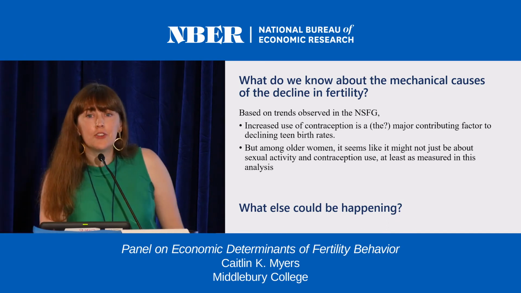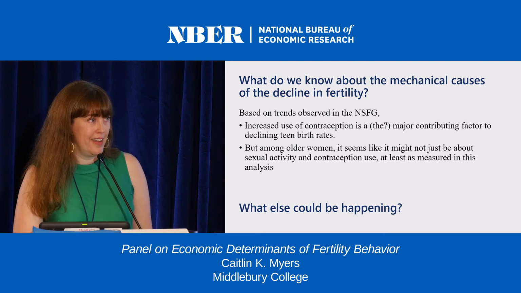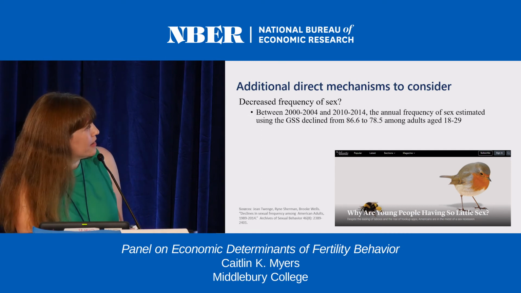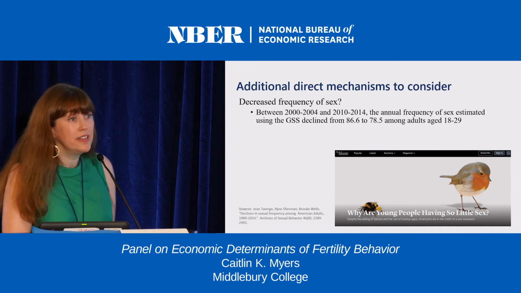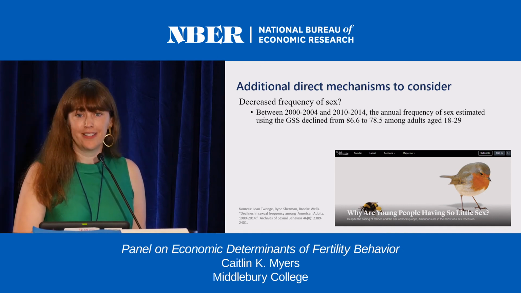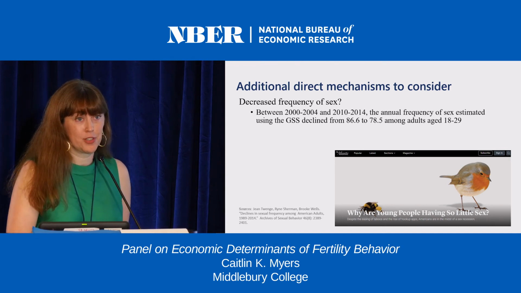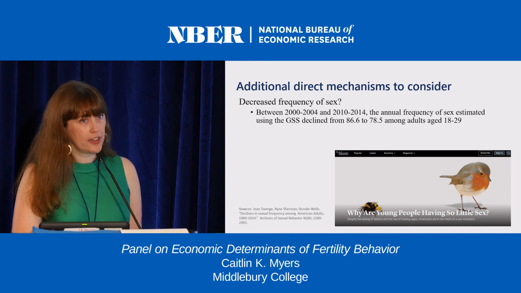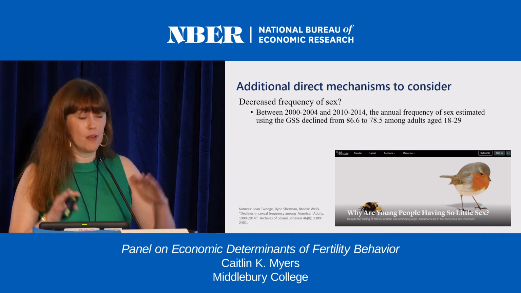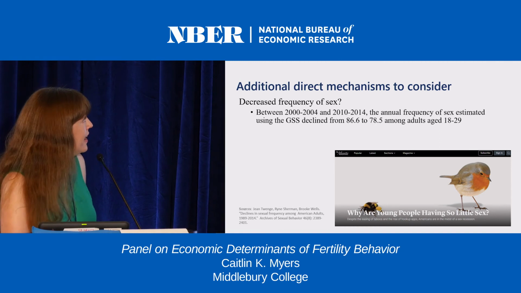And so I think an interesting question is, is there potentially something else going on at those nodes of the fertility decision tree? I'm wondering in particular about a couple of potential options. One, are people having less sex? So if you read this Atlantic cover story, that's what I'm talking about. If you haven't, it's great. They're talking about the potential for a sex recession. I would tell you there's a lot of conjecture and not as much evidence as one might wish for. So I'm throwing this out there as, could this potentially be a factor in what we're seeing right now?